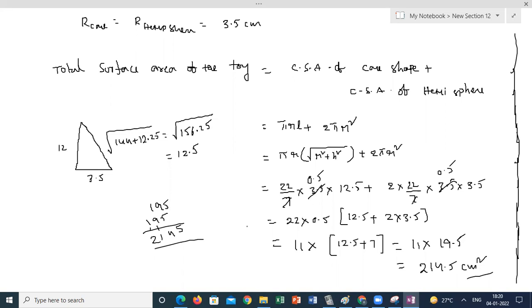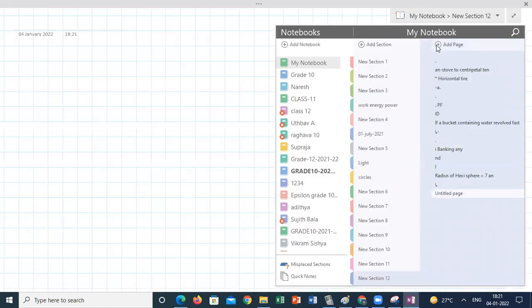Instead of adding each and every part separately, I'm preparing an equation. The total surface area of the toy is equal to the curved surface area of the cone shape plus the curved surface area of the hemisphere, and I take certain things common, making the calculation simple, and in a single shot I get the answer. So keep in mind how you are going to do it. That depends upon your practice. It won't come from any one particular book. Based on your discussions with your friends and teachers, you will find an easy way to do the calculations here. Yeah. And the next question.